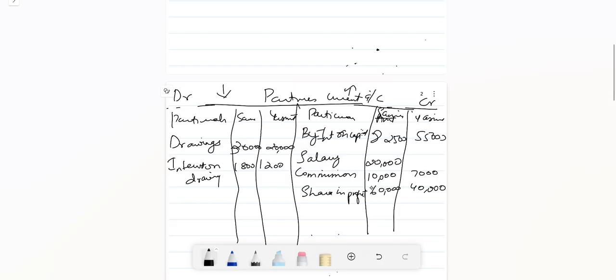40,000. Okay, why? Why all these adjustments are on the credit side? Because all this will be paid by the partnership firm to the partners. So all this are paid by the firm. Paid by the firm means the liability of the firm increases. So now if I have to pay something to someone, my liability increases. So that's why it's coming on the credit side. Okay. So now let's just do the